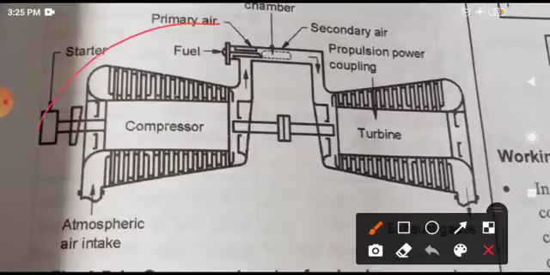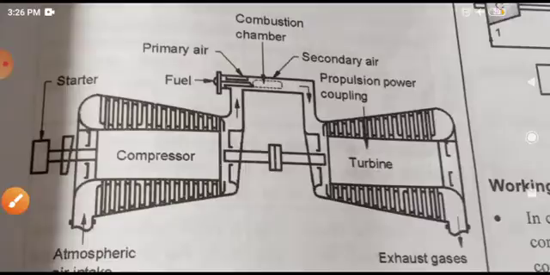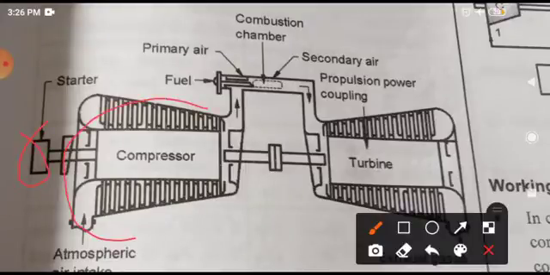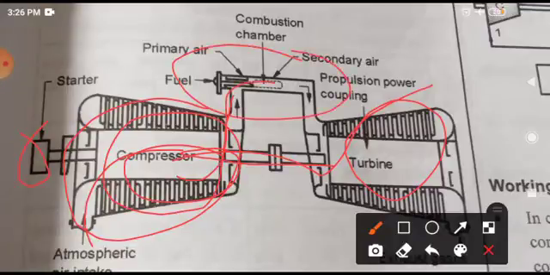You can see this whole assembly is the compressor. Starter is provided at this location. This is the compressor compressing the air. Then at this point, fuel is mixed. Okay, see properly each one of the parts. Starting system. This is the air compressor which compresses the air. This compressor is also coupled with the turbine. That means the power generated by the turbine is given to the compressor which uses it to compress the air, and then this compressed air is supplied to the combustion chamber where the air and fuel mixture is done and combusted.